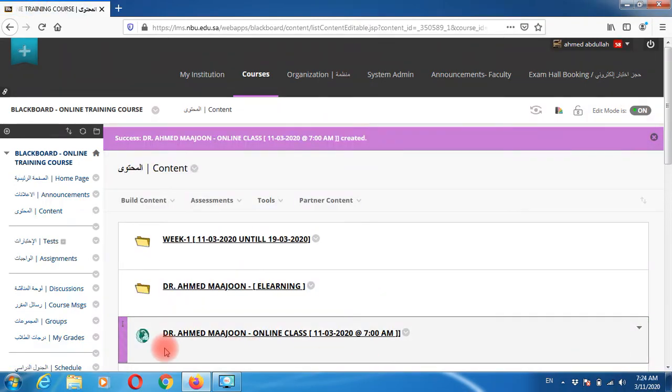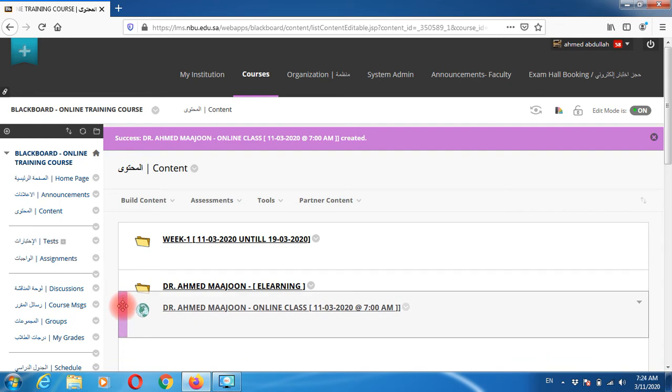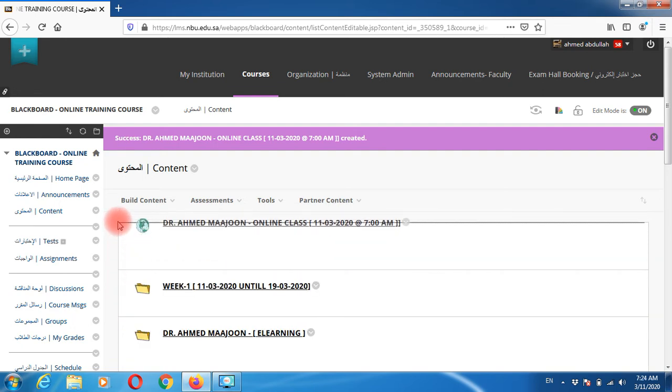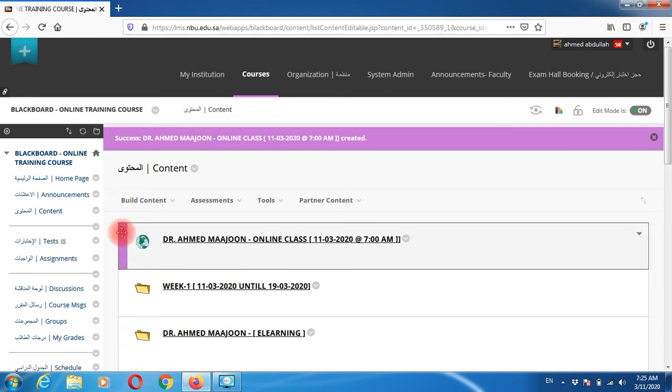You will see a link globe icon is created, and by default it goes down to the last position. You can drag this position and pull it up till it reaches the top position. The reason why I do this is to make sure that students do not get confused and think, okay, on my screen I don't see the online class link, that means the faculty did not put the link. So in order to avoid any confusion or any misunderstanding, we prefer to keep the online link at the top